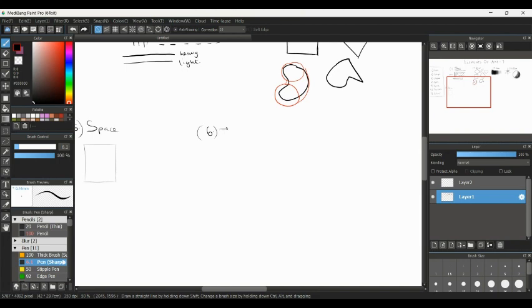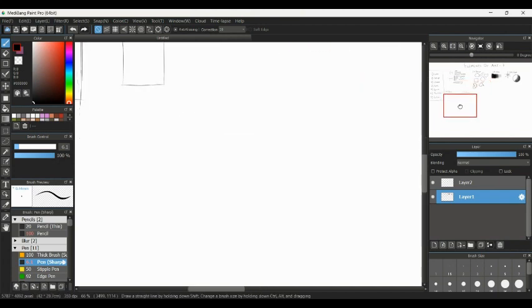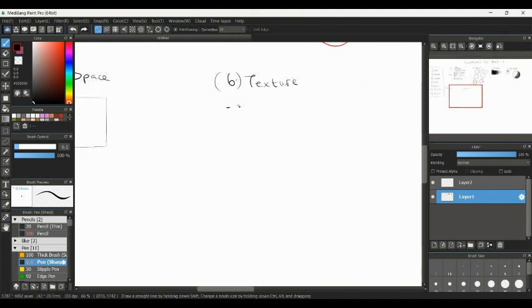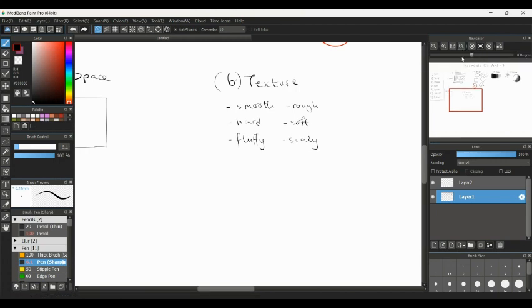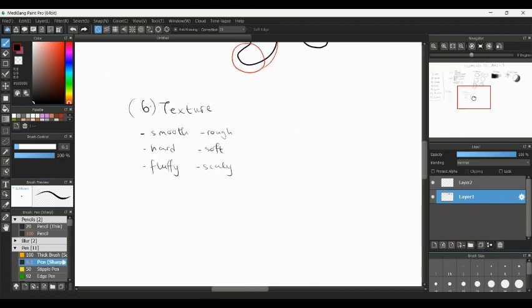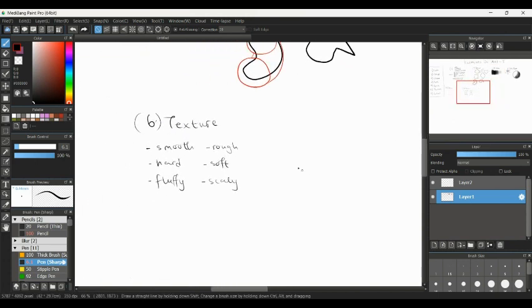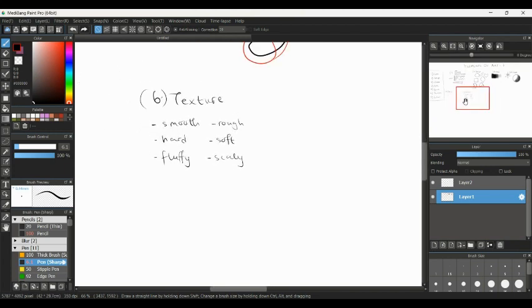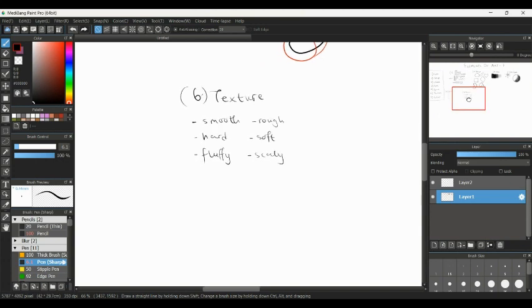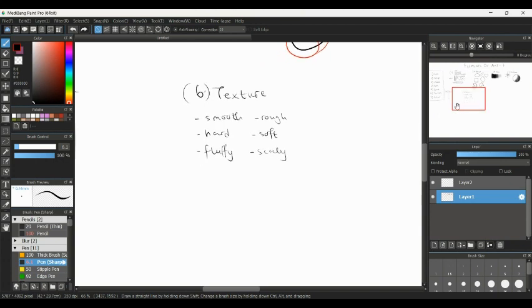Next, we're moving to texture. And texture is the surface quality of an object. So basically, if something is smooth or rough or hard or soft or fluffy, scaly, texture is what you would use to depict that. And texture is usually helped to be depicted by forms and values, because when you manipulate the values on whatever you're drawing, it helps you to visualize, because texture is basically